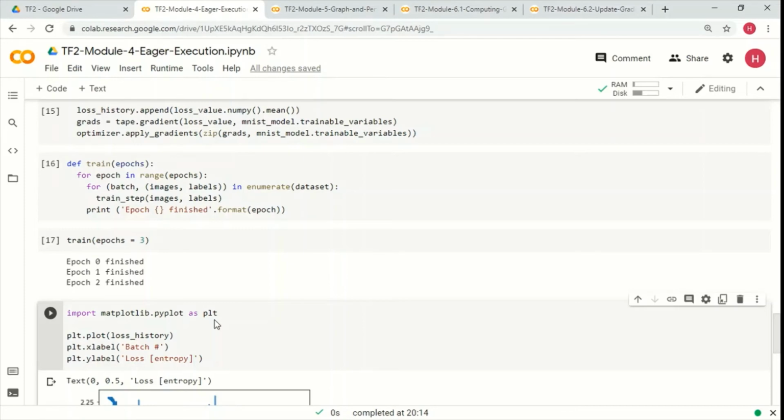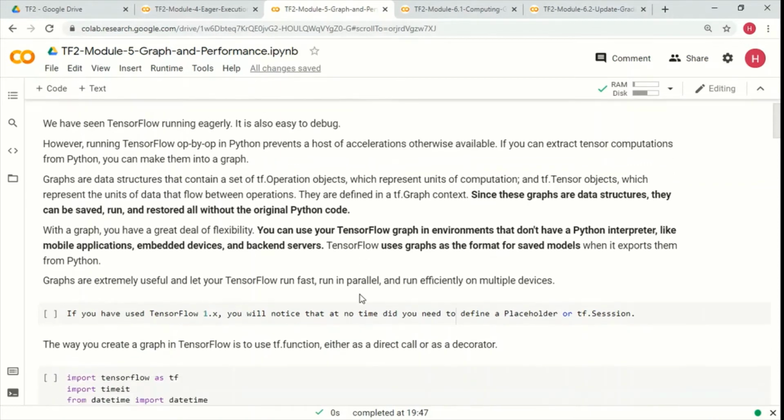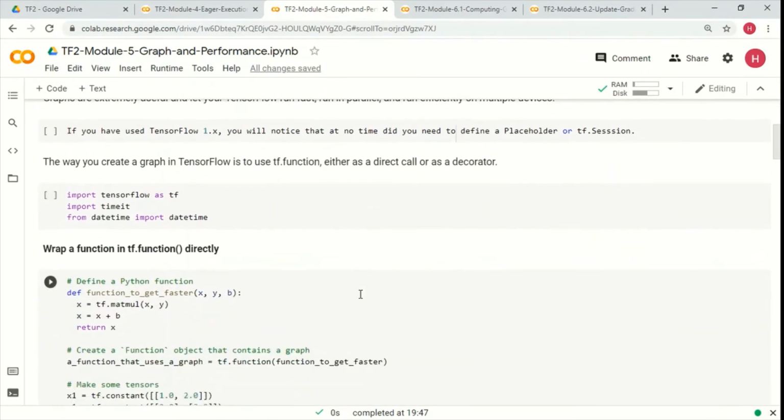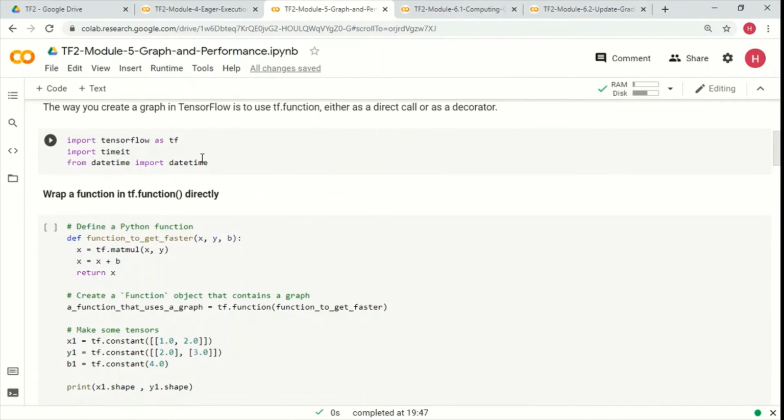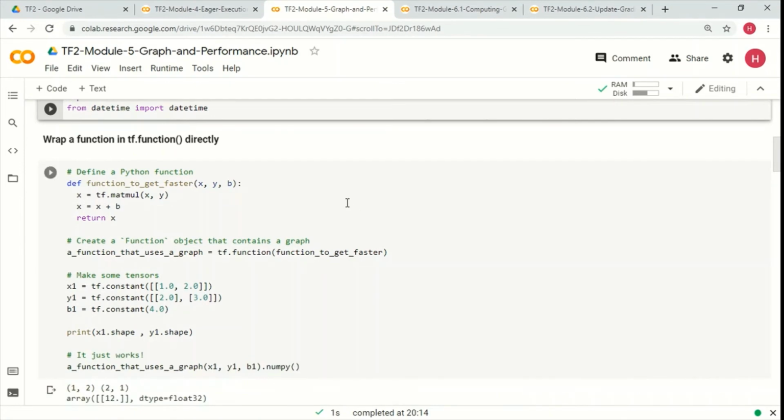Right now, we were earlier talking about how we can have the best of both, like having the eager execution and the benefits of the graph also. So the purpose of this notebook is to demonstrate the points around the graphs and the eager execution. So let's get started. Let's import a few libraries. So that is done.